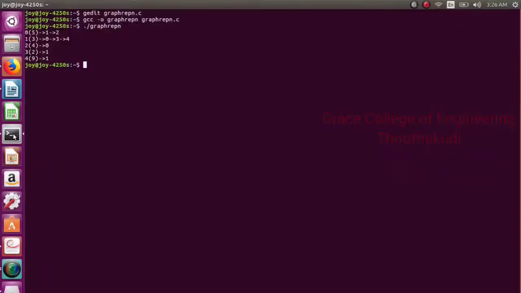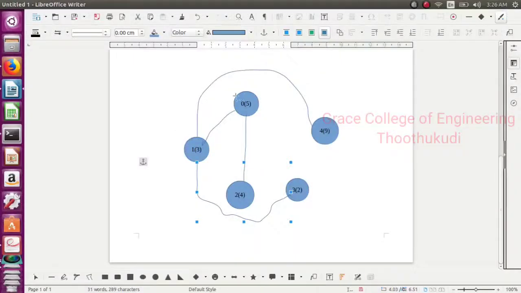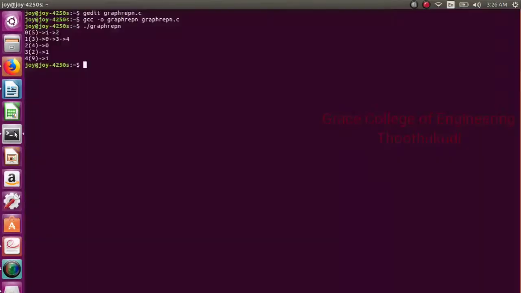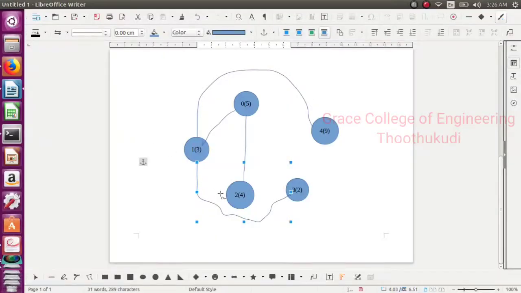Then the next one is 1 of 3. 1 of 3 is connected to 3 edges, going to 5, to 2 and to 9. So our answer is it's going to 0, 3 and 4.